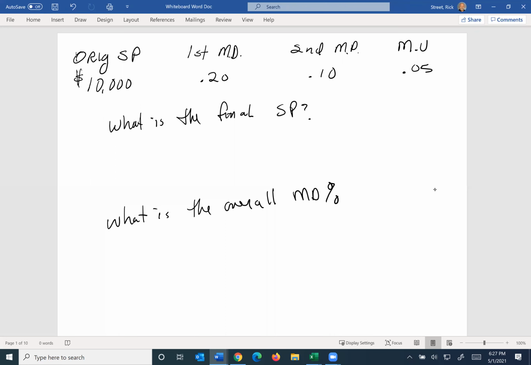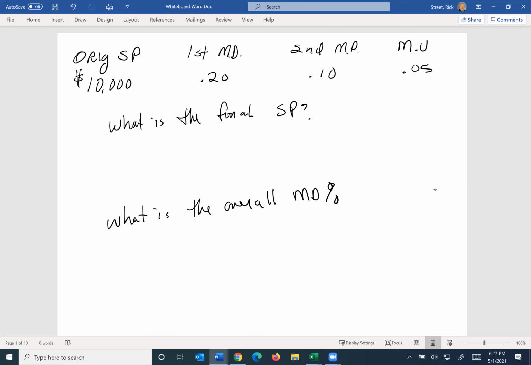The market takes a change, although nobody is really taking them up on their discounted boat. They decide to mark it up by 5%. So what is the final sales price? Well, I know that the calculation can be fairly complicated if you take 20% of 10,000 and then subtract it